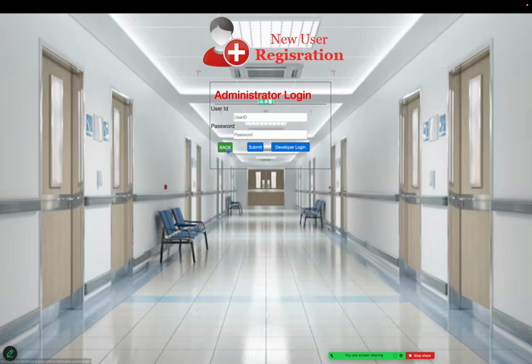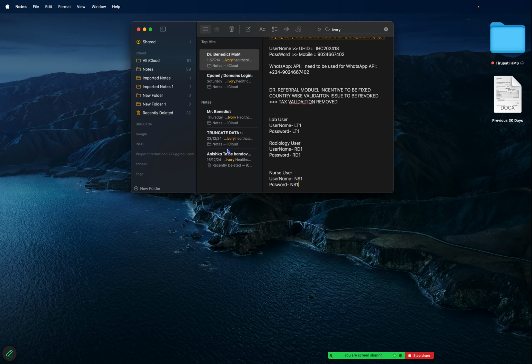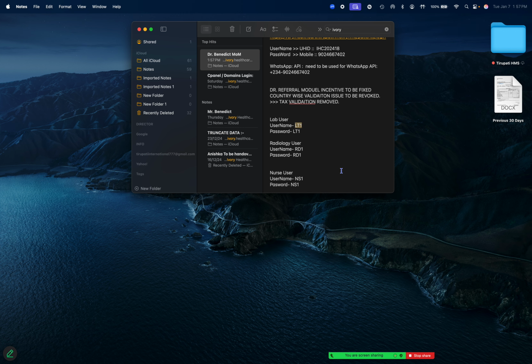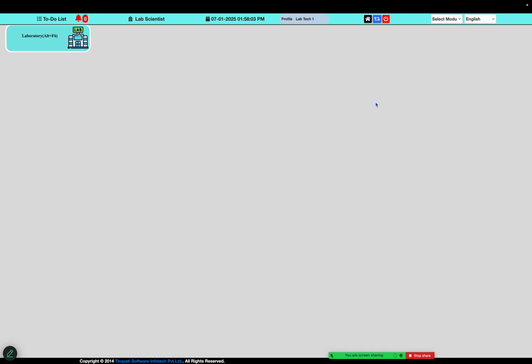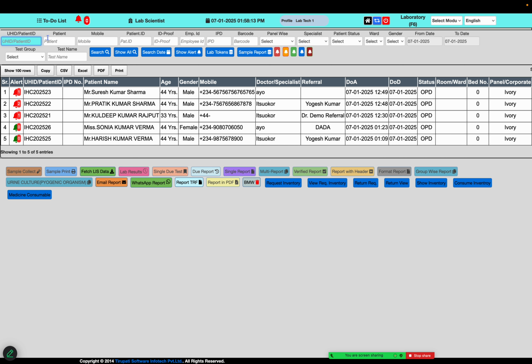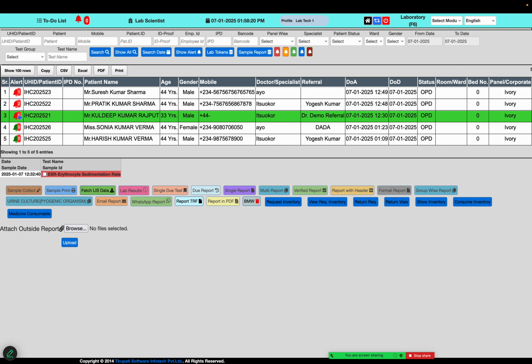And we will check each user type login and check how it is working. So we go first to the lab user. I put in the login ID and password. For the laboratory technician, you have only the laboratory module accessible permission for that particular user. After he goes into his account, he will see the list of patient requests for billing and lab reports to be prepared. So he can select any one patient, and he is capable of managing the lab report, collecting sampling, and further things.